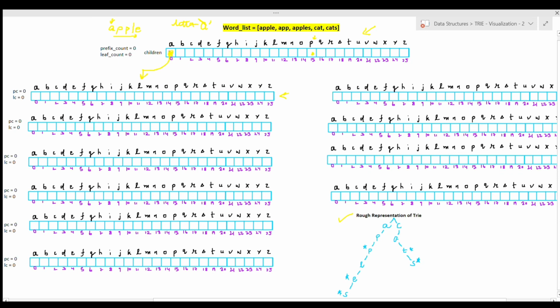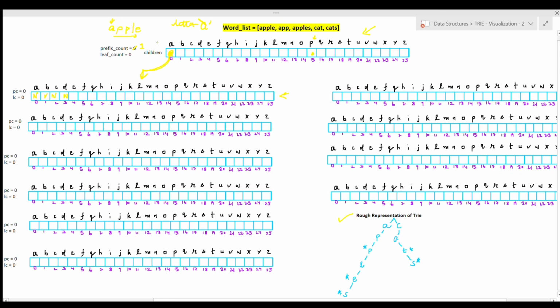So null will be replaced by the address of this particular node, right? This node will also be created with all children vector values as null, and the prefix count and the leaf count will also be 0. And here also note that since we have come across this position, the prefix count of this will be incremented, right?